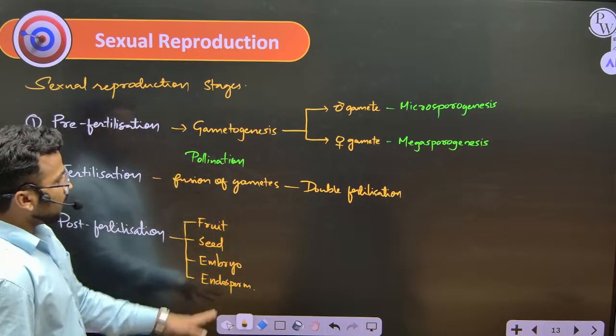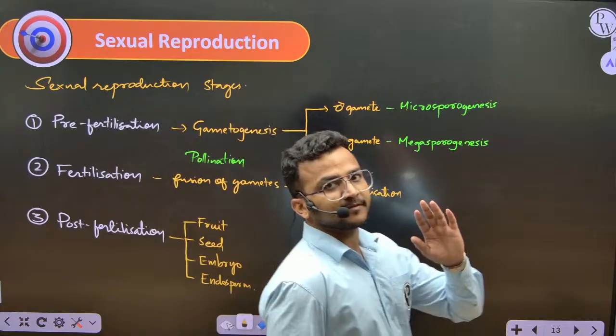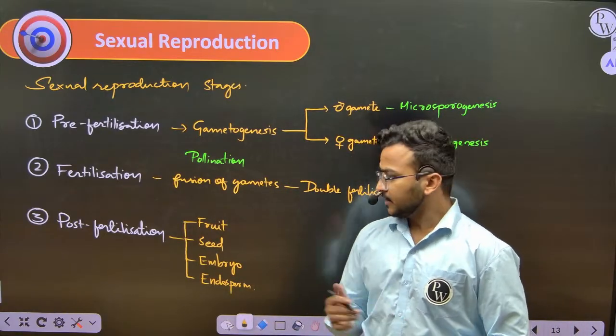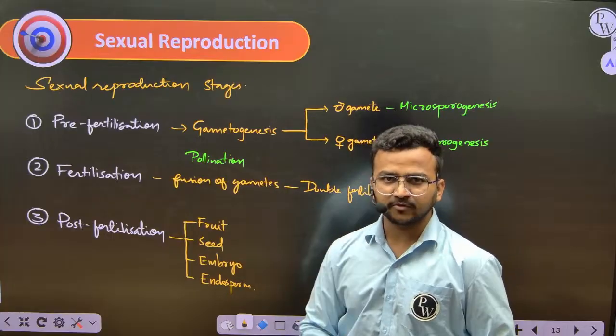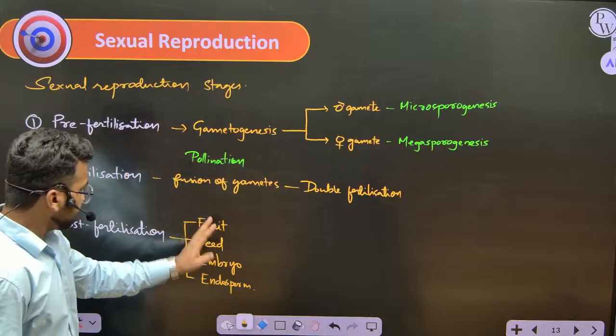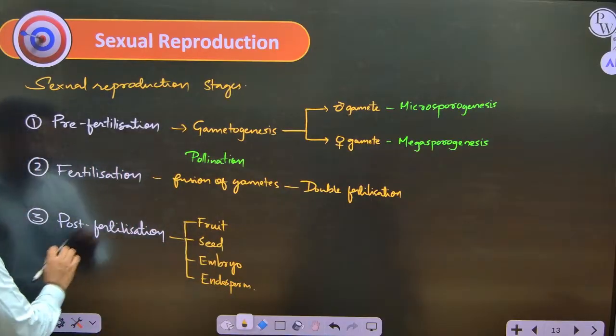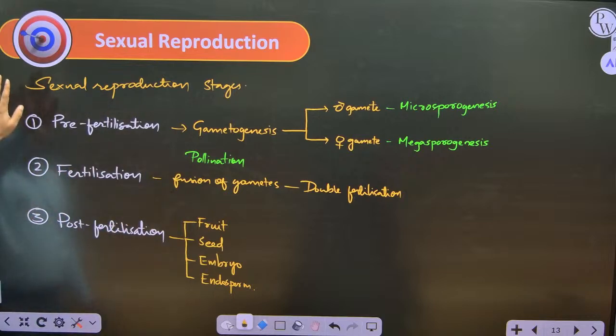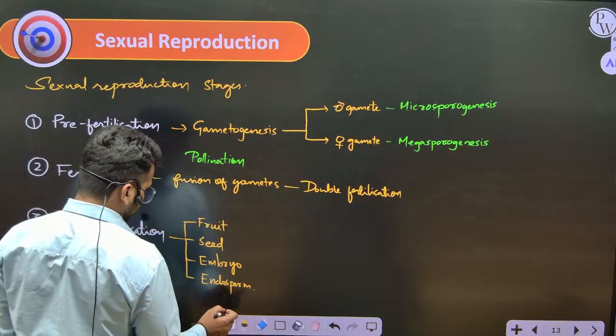So these are the four structures we will be seeing after the fertilization, that is the post-fertilization event: seed formation, fruit formation, embryo formation, endosperm formation. So that we will be seeing under the post-fertilization event. So it is the complete outline of the chapter here. That is, the outline of the chapter is nothing but